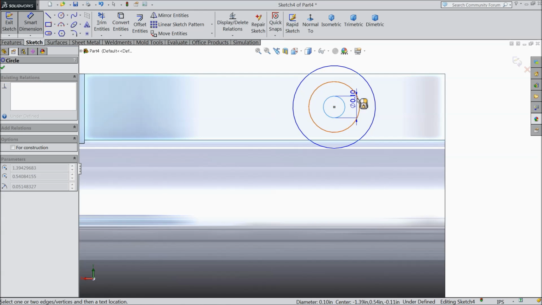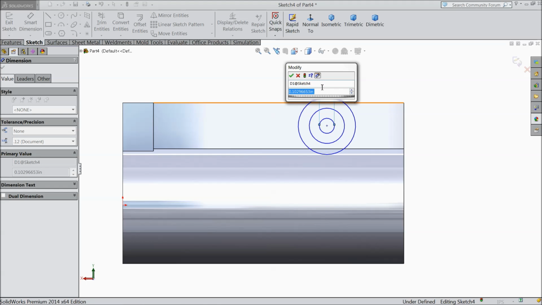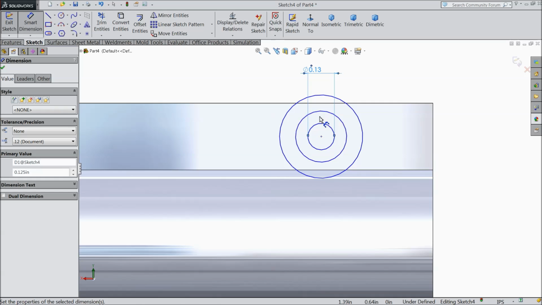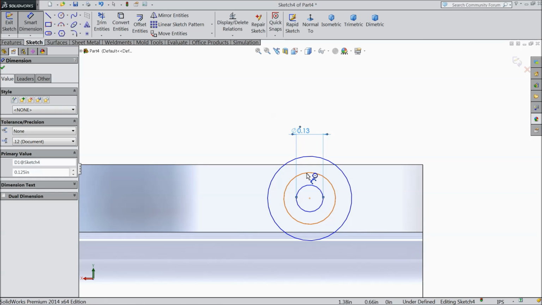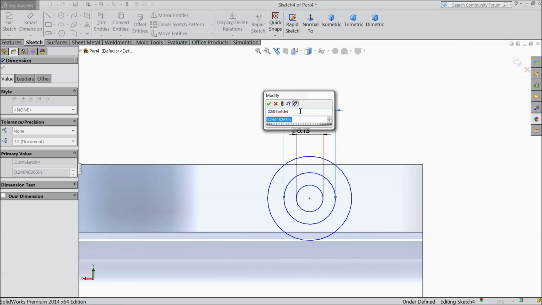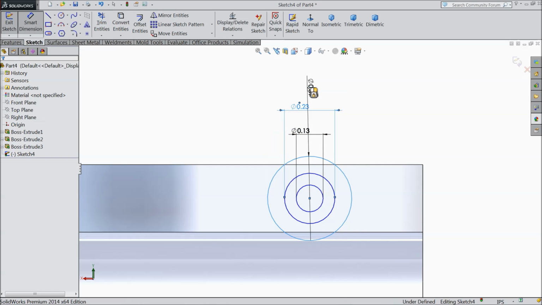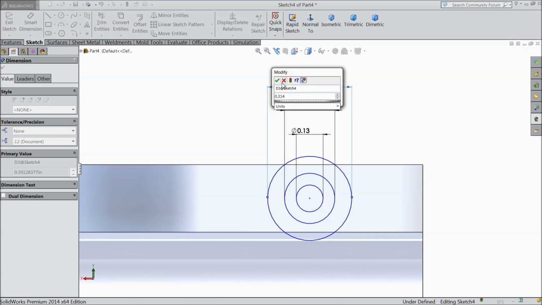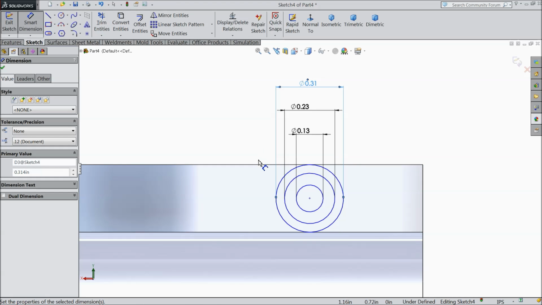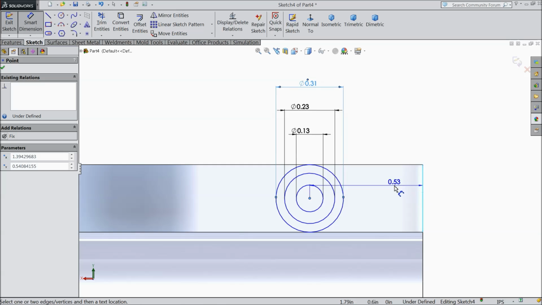OK, and let's assign the diameter 0.125 inch, .234 inch, and the bigger one 0.314 inch, and the distance from here to this point